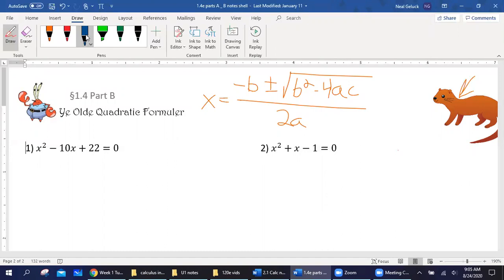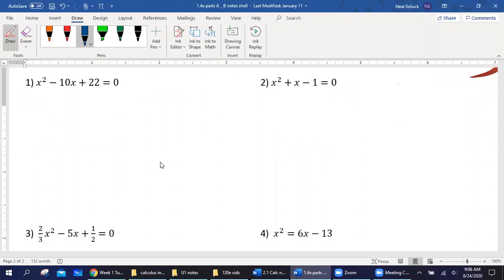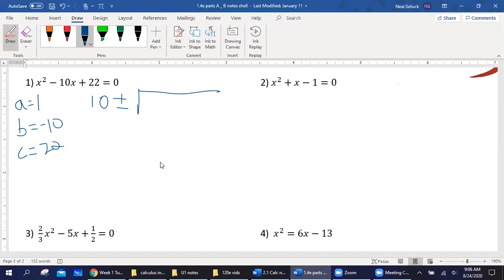If it helps with quadratic formula problems, go ahead and write out the a, b, and c off to the side. Like for example, on number 1, a is 1, b is negative 10, and c is 22. And so then it just becomes a matter of plugging these into the formula. So x is equal to negative b. Well, it was already negative 10, so it's going to be 10 plus or minus the square root of b squared. So negative 10 squared is positive 100